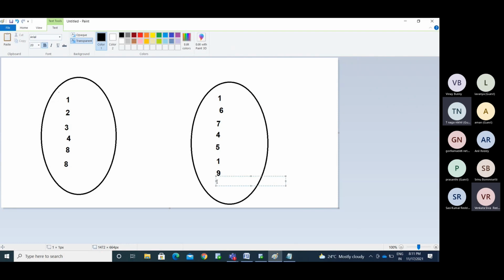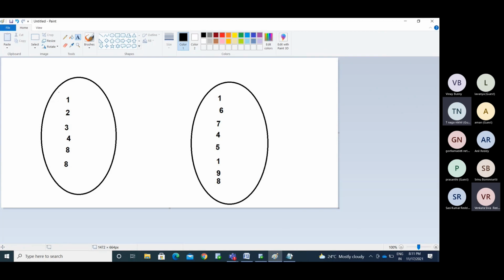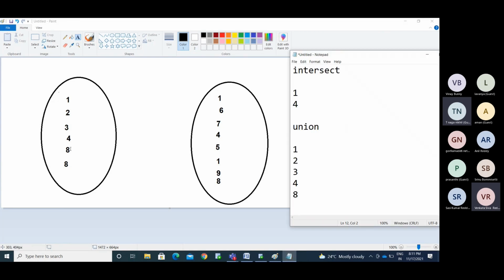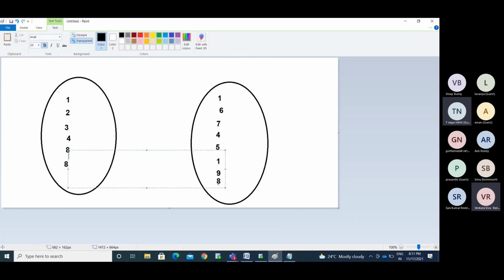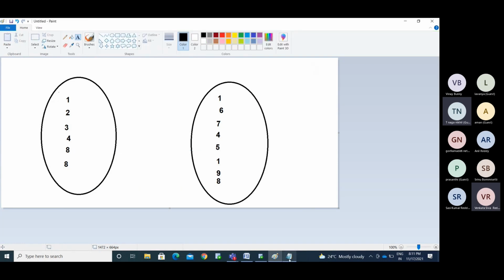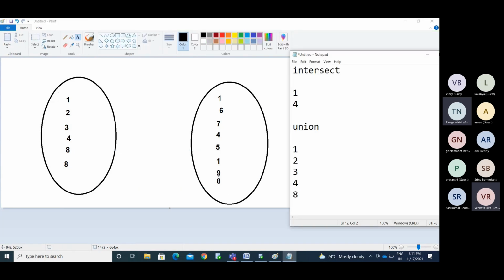It displays the first 8 and removes it in the second set. Then in the first set, again we have 8, and this is also going to be eliminated. So first it eliminates in the second set, comes back to the first set, and eliminates the remaining 8s, whatever 8s we have after that 8.